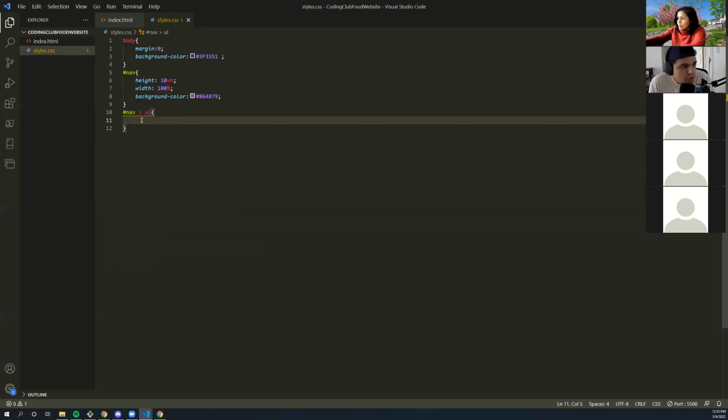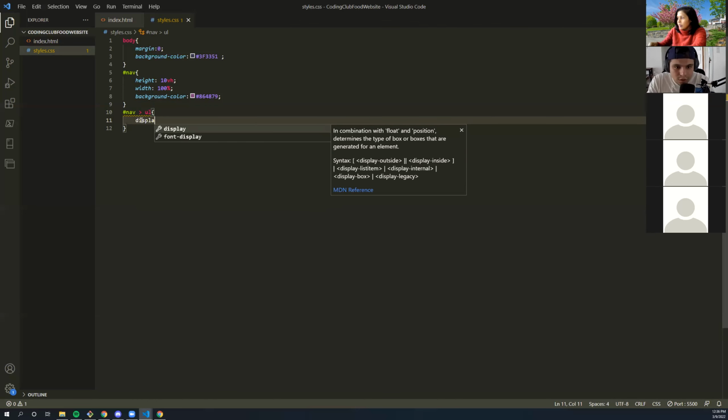So I want to turn this horizontal list into a vertical list. Does anybody have a clue on the way that we can do that? I will give you clues.